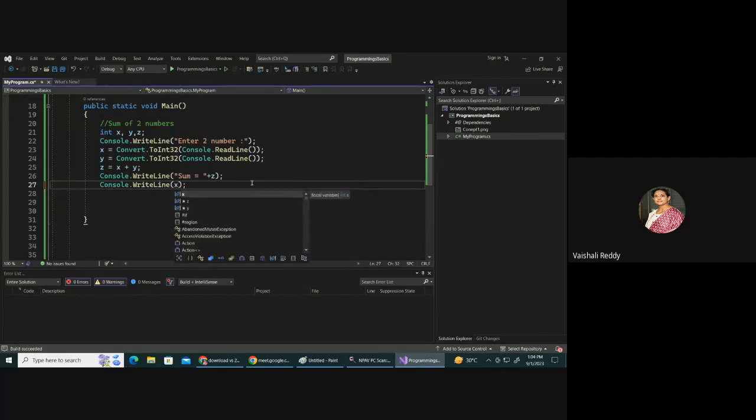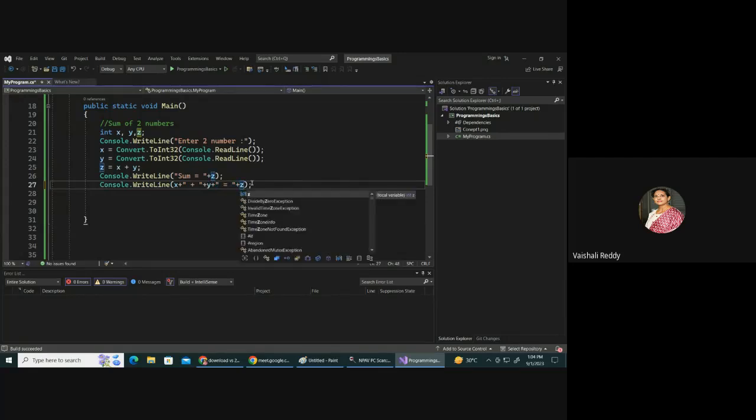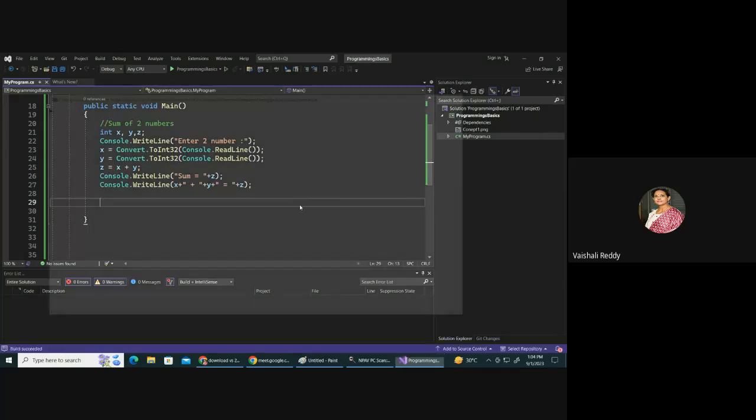So X plus Y is equal to Z. Suppose this is what I'm writing. So if I execute this,